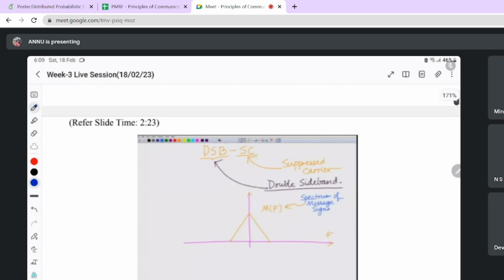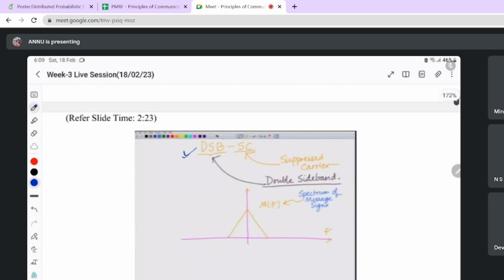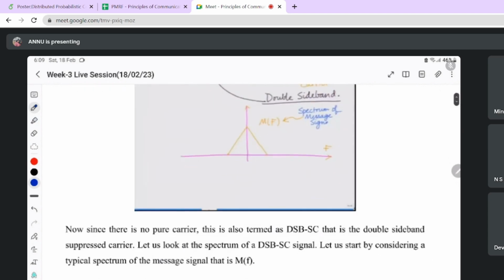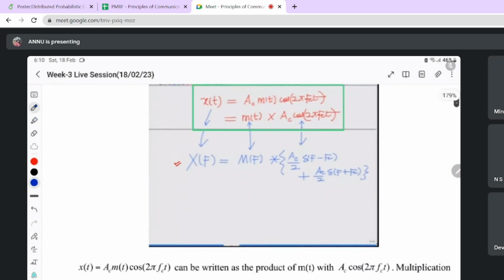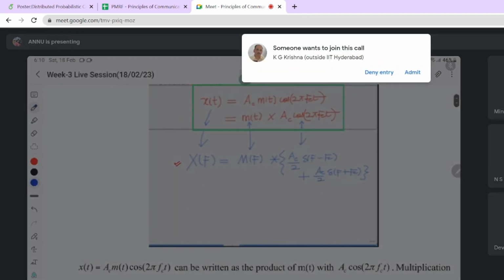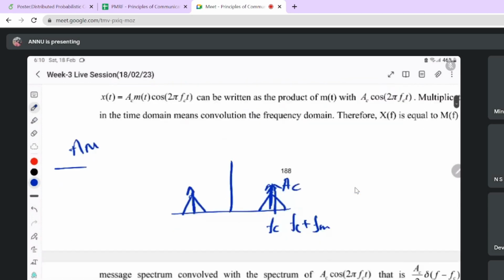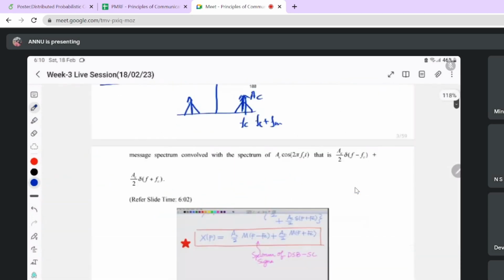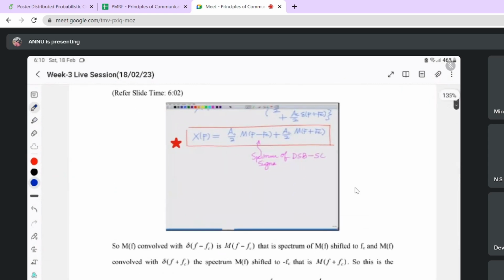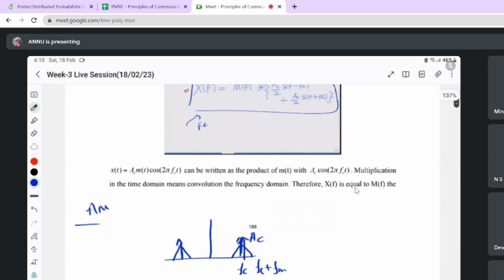So how can you get this double sideband suppressed carrier? Sir is telling that for double sideband suppressed carrier, if the message has this type of spectrum, then you will have to get this type of spectrum in the frequency domain. This one is the frequency domain. So how do you want to suppress the carrier? We have some methods to solve it. So firstly,